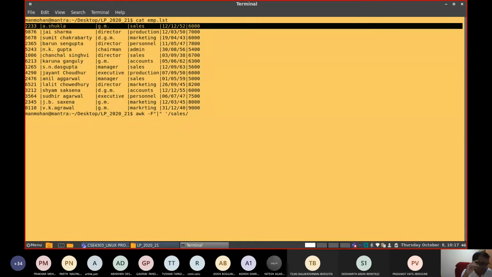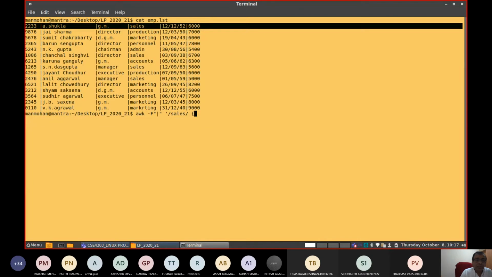Now, you can see that there are 6 columns here. I don't want all those details. Instead, I don't want to print their employee ID, which is the first column. I'm not interested in it.